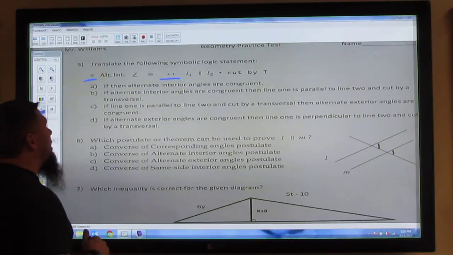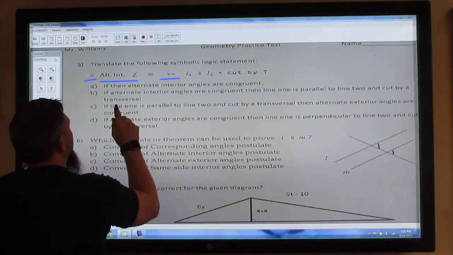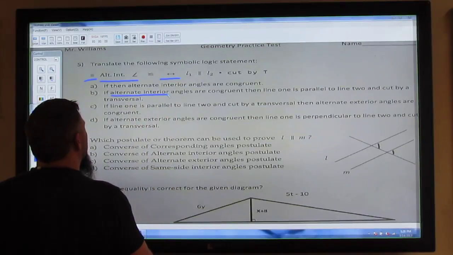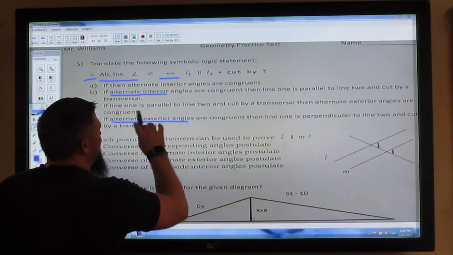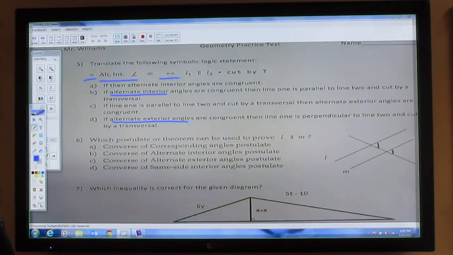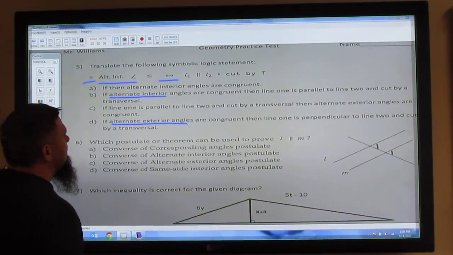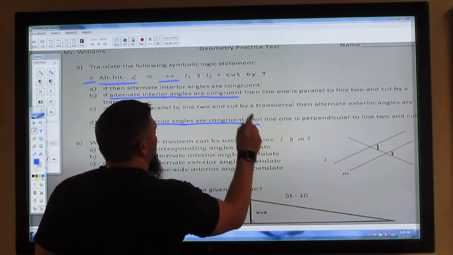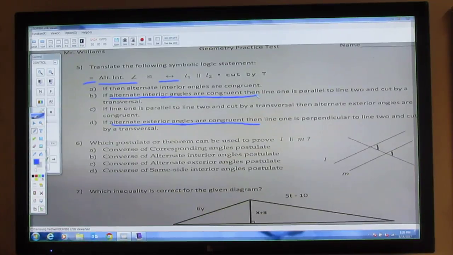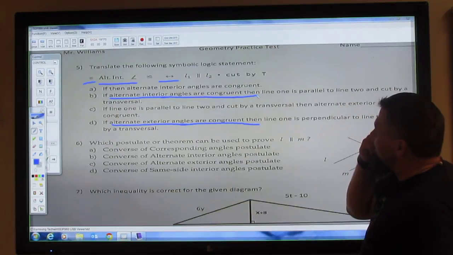It says alternate interior angles. So if alternate interior angles, so is one of these two, B or D, are congruent. They're both saying that, okay? Then one is perpendicular, one is parallel. So we need to know